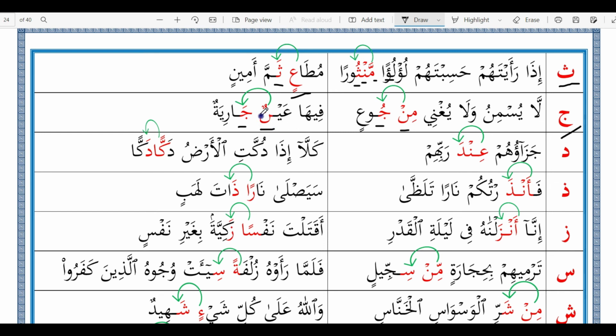Now we have to pronounce that halfway, so we have ainun jariyah, and when we stretch the noon sound, we have